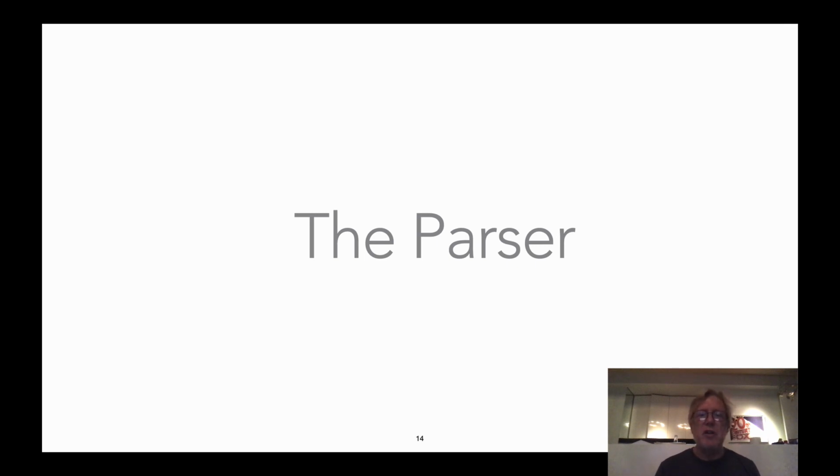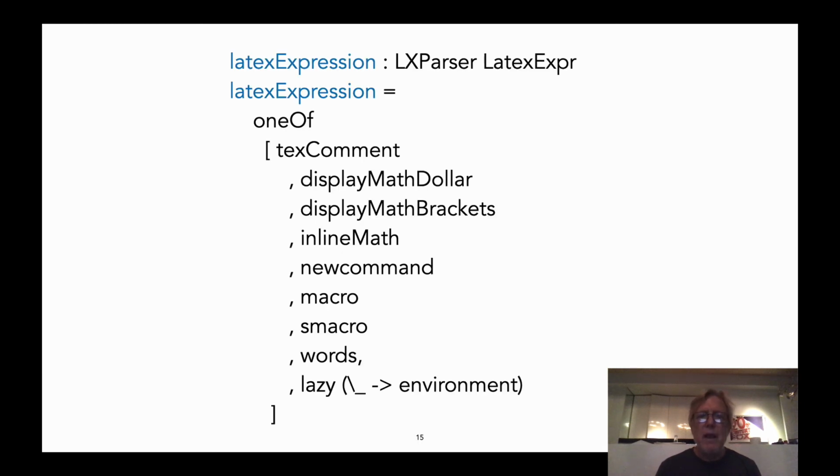Again, this is a big subject, even though it's only 500 lines of code. But here's the idea. The top level parser function looks like this. It's called LaTeX expression, and it is a parser that selects among a number of alternatives. So it's built using what are called parser combinators. So one of is a parser that takes a list of parsers as argument, and it will try to apply those parsers in turn, returning the result of the first one that succeeds, and if they all fail, it will